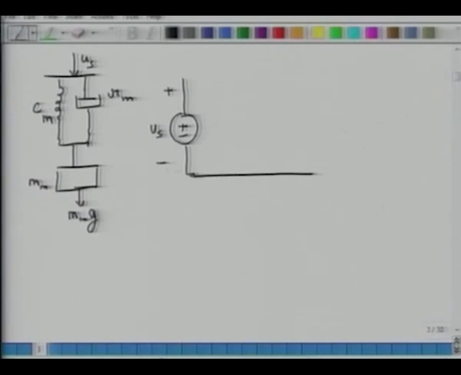So I put a capacitance of value mm, then I have to ground it, which is my reference, and then the mass is connected in parallel to a spring and a dashpot. So I have a resistance of value Rm,